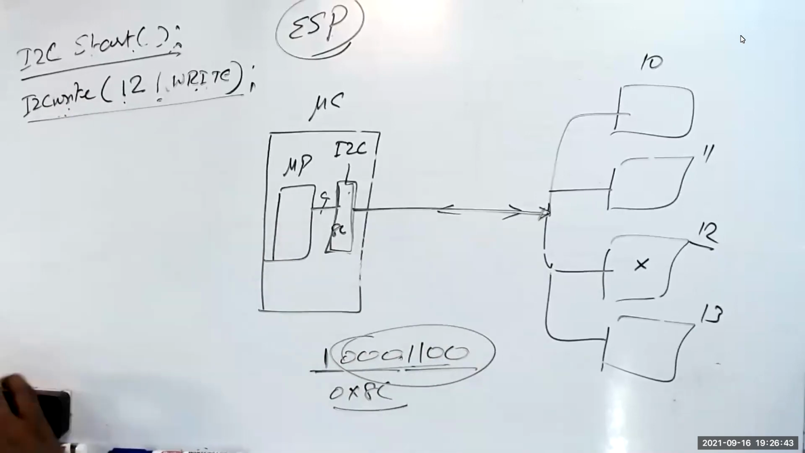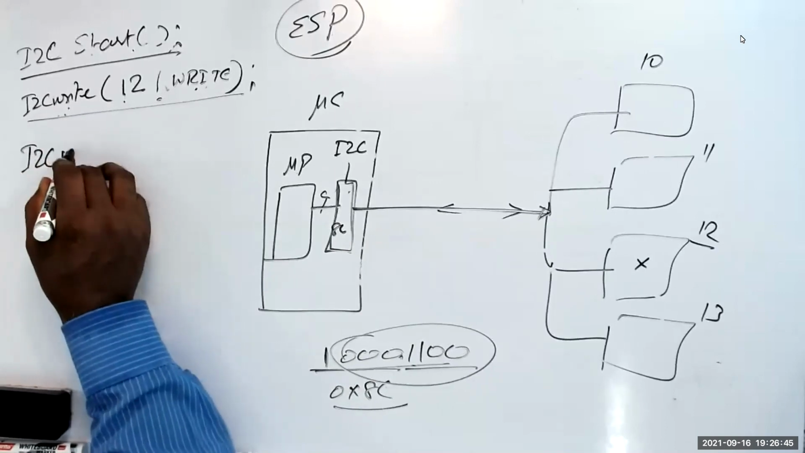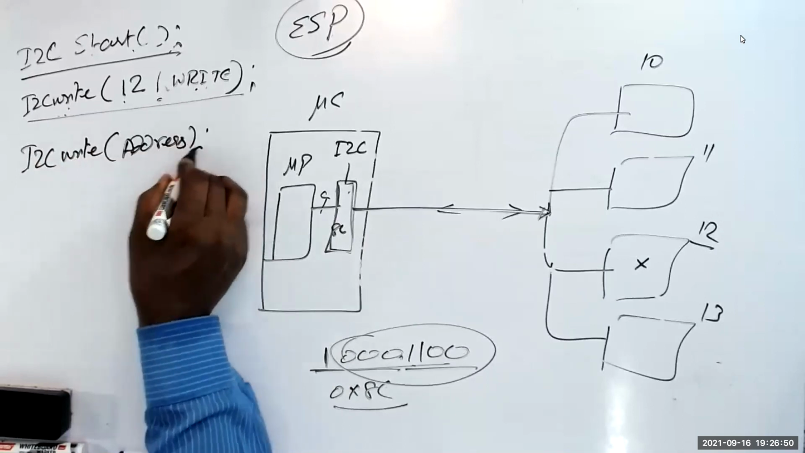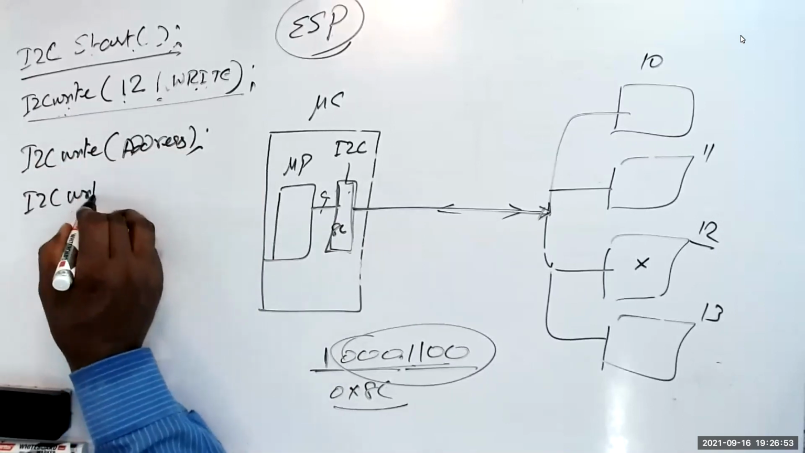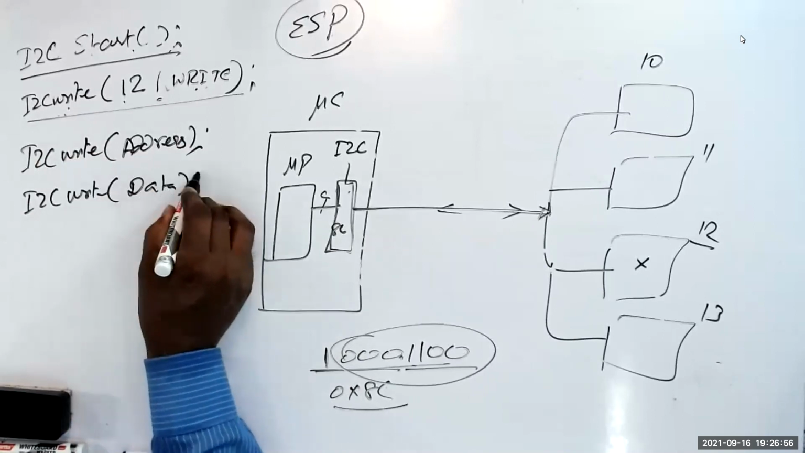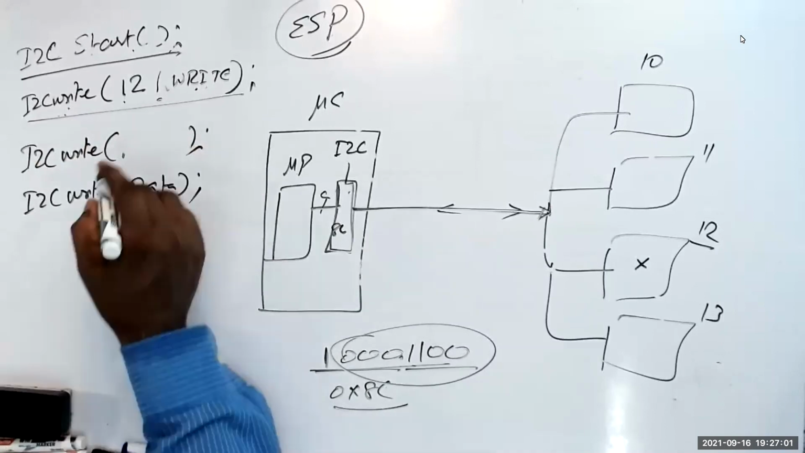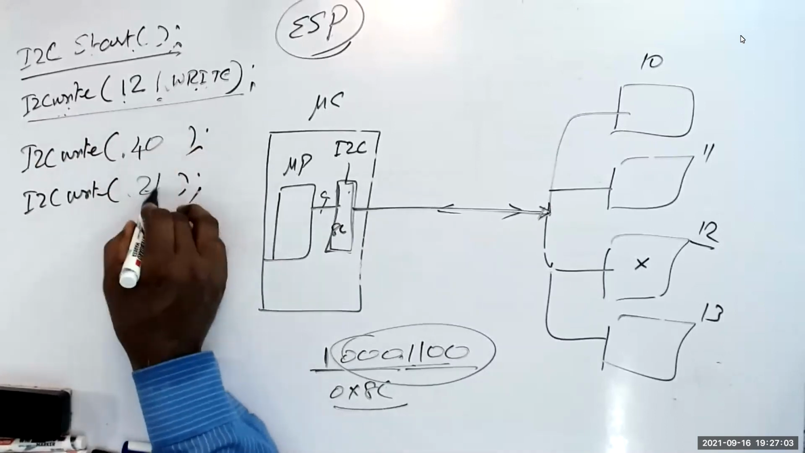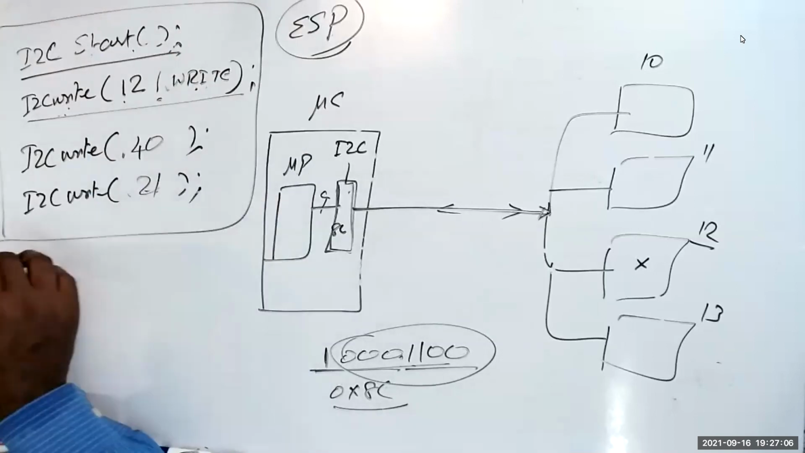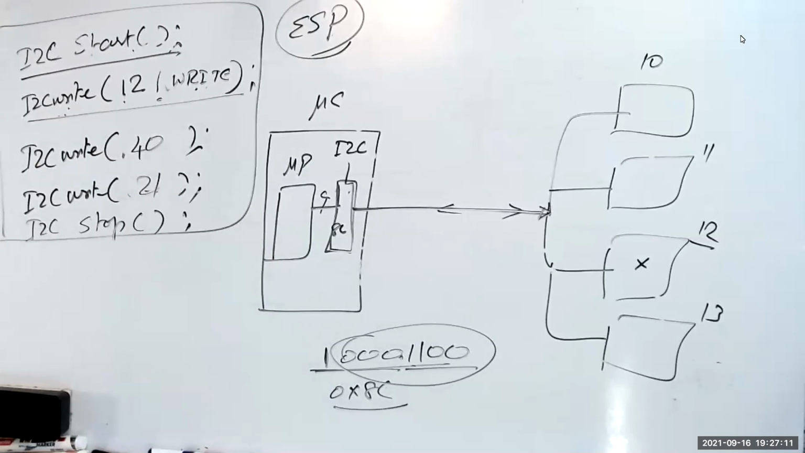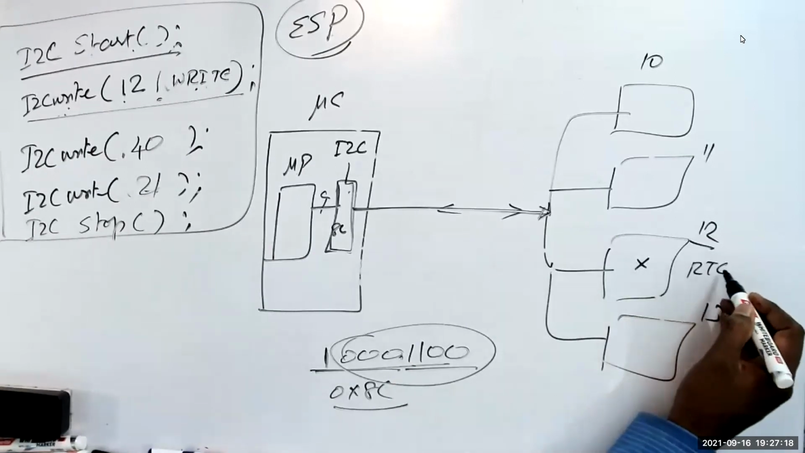Then you will do I2C write address, I2C write data. Or, I2C write 40, I2C write 21. You will write this function. Then finally you will say I2C stop. Am I right? Now the trick is that if this is called RTC, real-time clock, which gives you the time and date, everything, and this is a temperature controller,